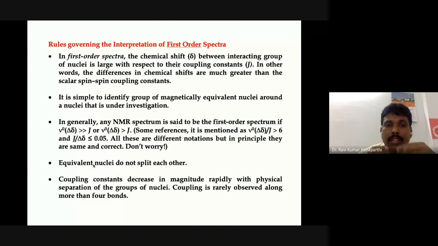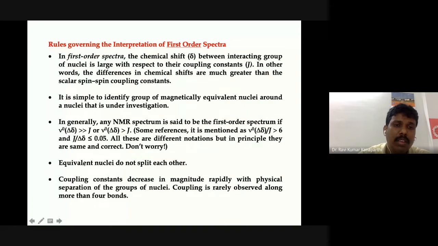Okay, if the difference is fairly large, and if you are able to nicely visualize the two sets of protons and their intensity ratios, we can say such a spectrum is first order, otherwise it belongs to second order. Now if I explain it like this, it becomes really vague. Therefore, people have introduced a little bit of terminology.